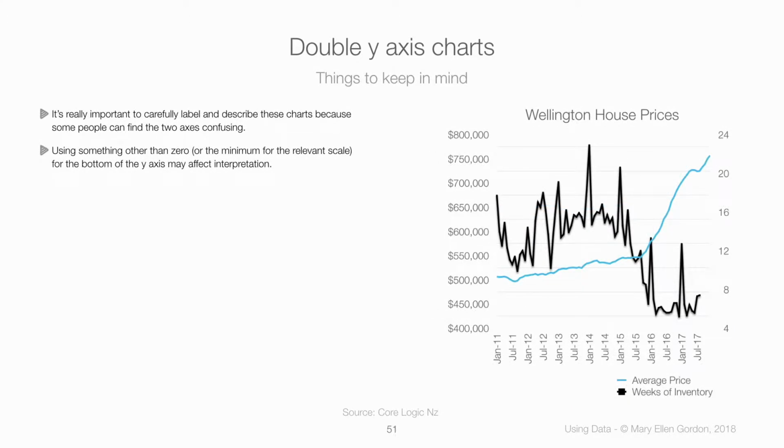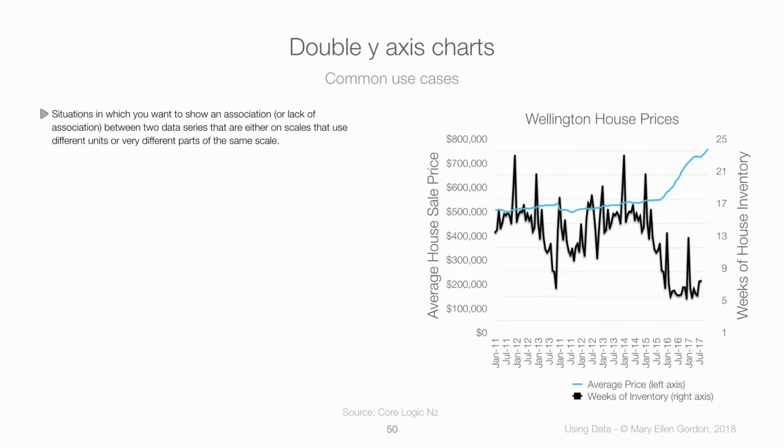One thing to keep in mind in using this type of chart is to be even more careful than usual about your labeling. So here I do have each of the data series labeled. Average price in blue is shown here, weeks of inventory in black is shown here. But a better practice is to show the labels for each chart, as I've done here, and then also even to go further and emphasize that the average price is shown on the left axis, the average weeks of inventory is shown on the right, just to make it that much clearer because people do tend to have trouble with